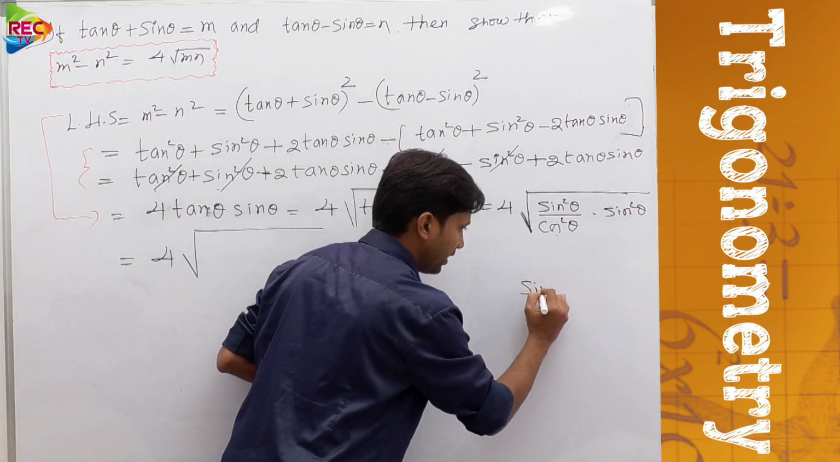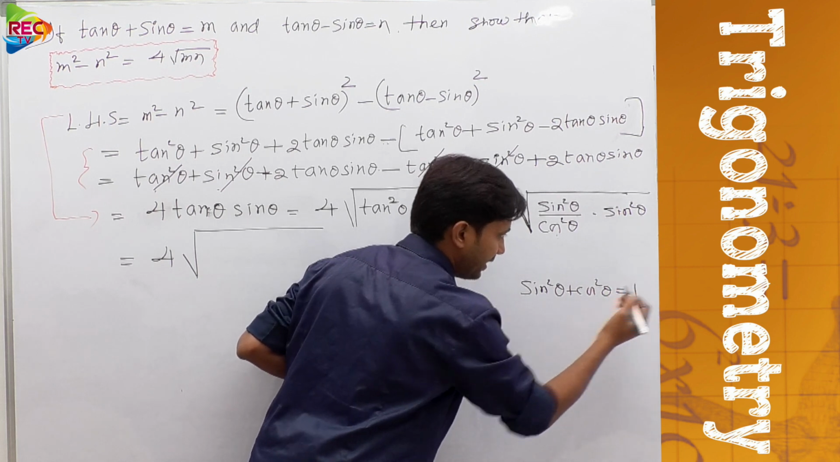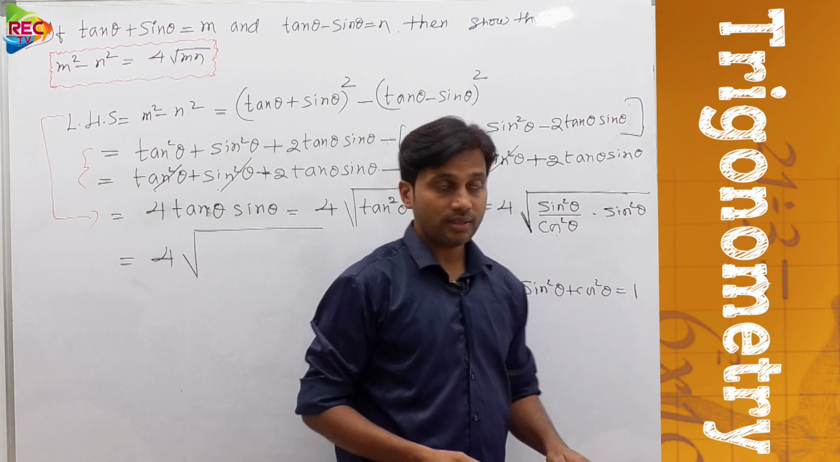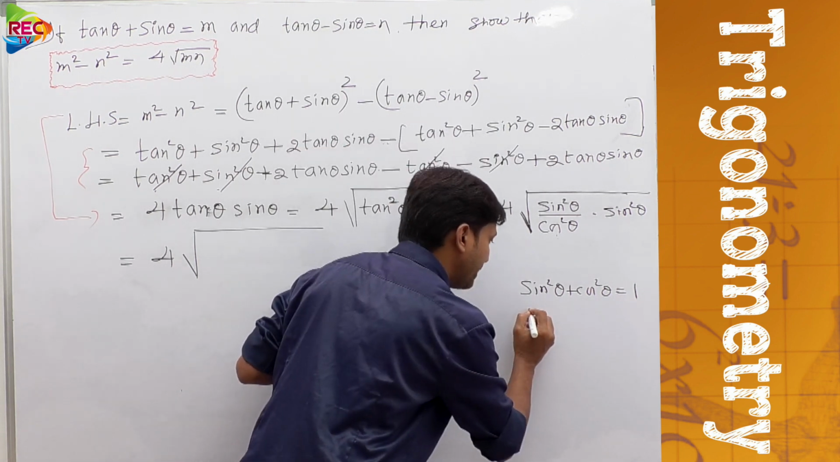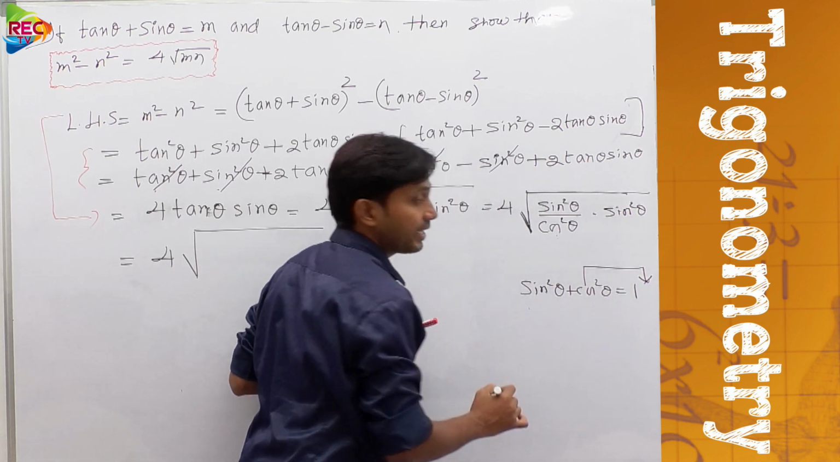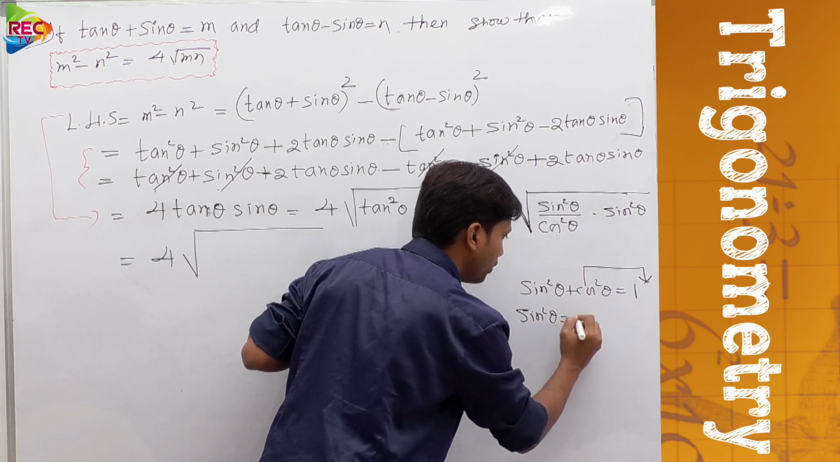Tell me, sin square theta plus cos square theta is an identity or not? Sin square theta plus cos square theta equal to 1. So now, can we take this cos square theta to the other side of the equation or not? Exactly, we can take it. Then what do we get? Sin square theta equal to 1